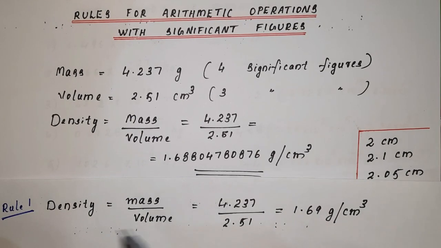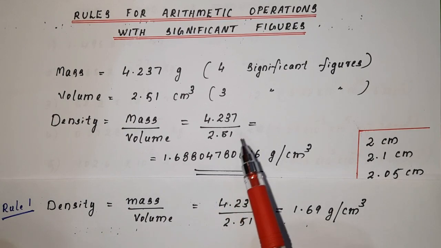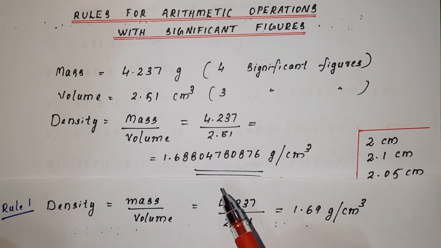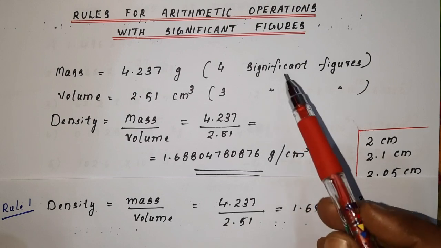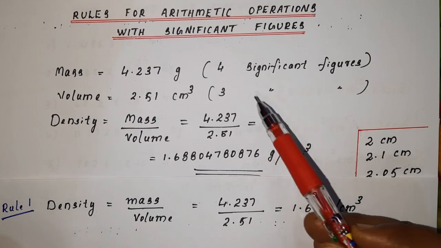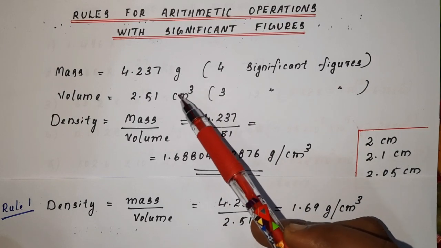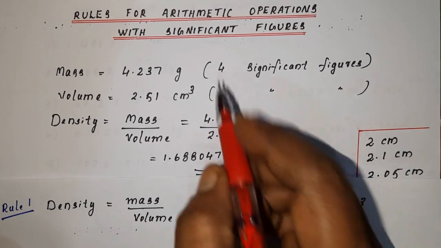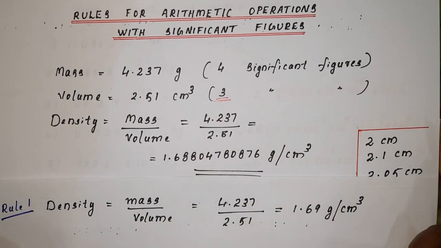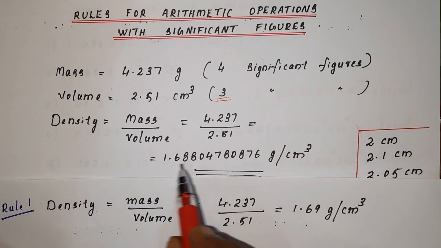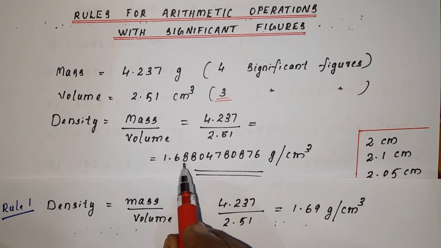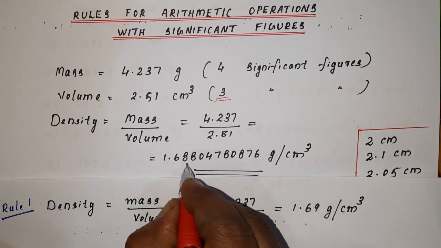So this is the demonstration of that rule 1. The same example as we discussed previously we are taking. As per the rule, in the final answer, you should retain only the minimum number of significant figures which you are given. So among the two, mass and volume, you have the lowest value as 3. So 3 significant figures is the lowest one. So only that many significant figures you have to retain in the answer also, in the calculation of density. So we got 11 decimal places. Its total significant figures should be 3. So you have to write up to this only.